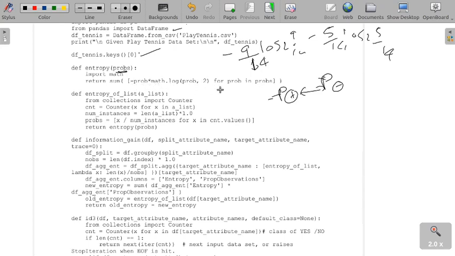So this formula we have implemented in the entropy definition. Props contains the probability of negative instances and the probability of positive instances, so we iterate through props because two probability values are there, and we find the log to it. That's what we are doing here; we have implemented the entropy formula.